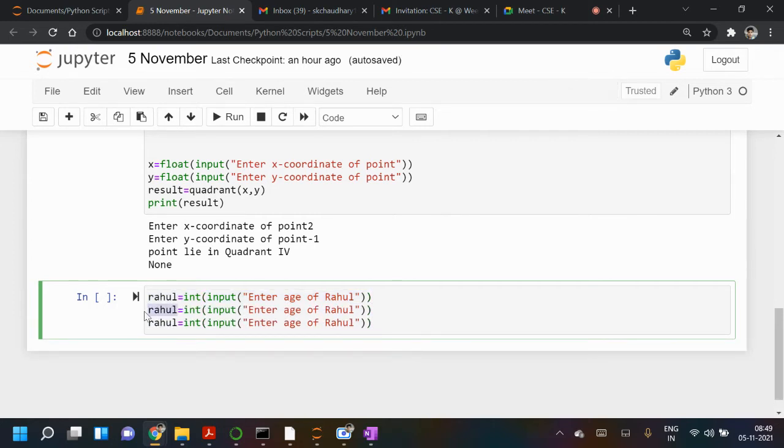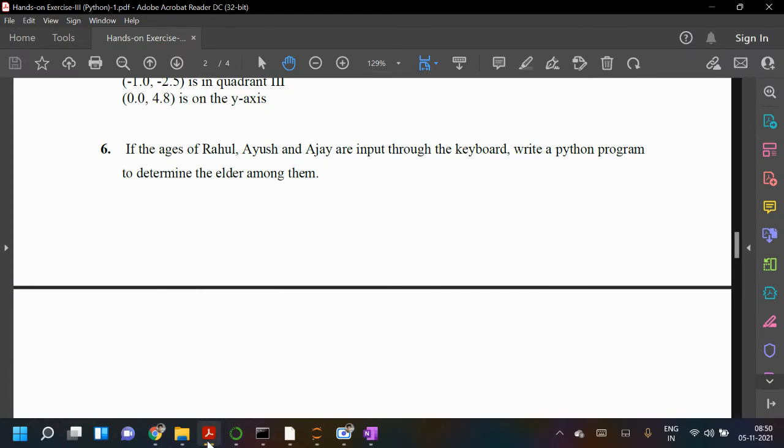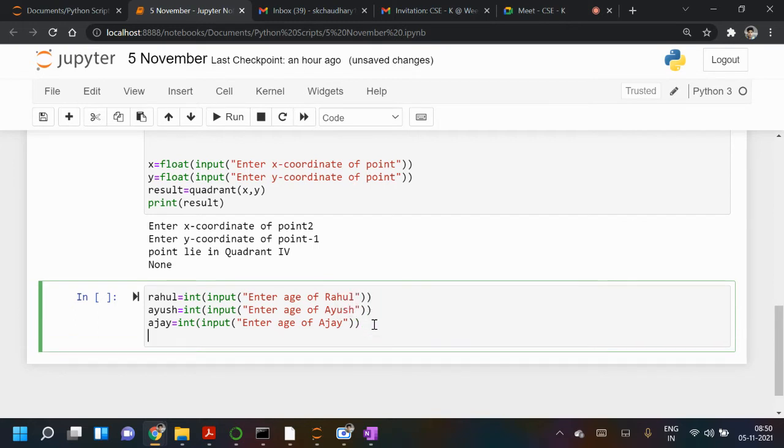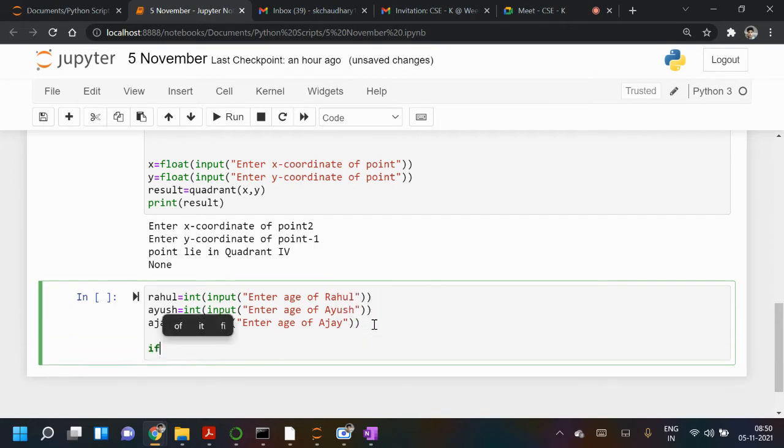Ayush. So like the way you have used, I can also use the same way, or we have another way also.